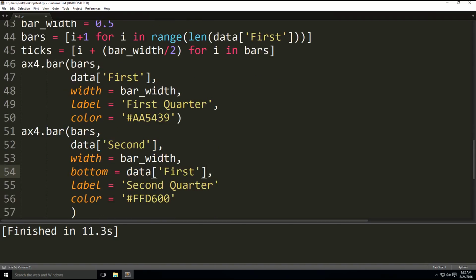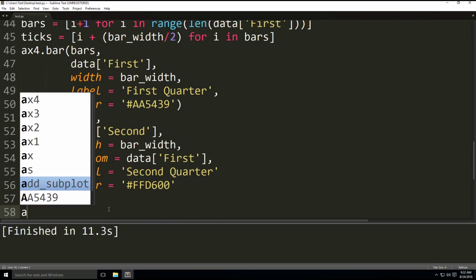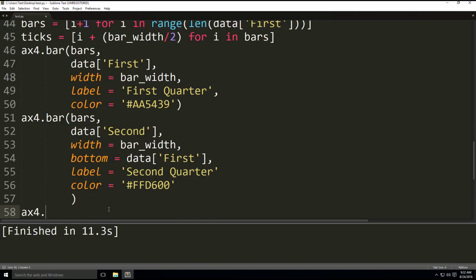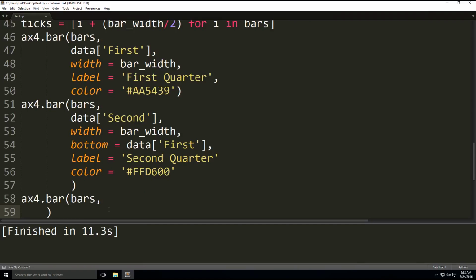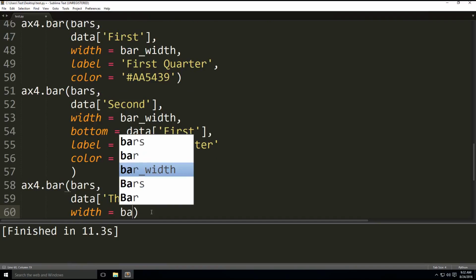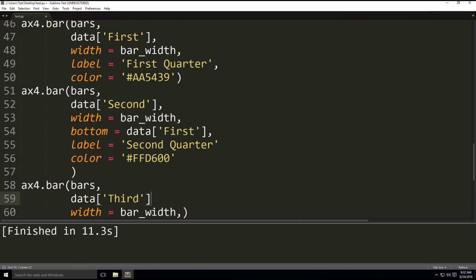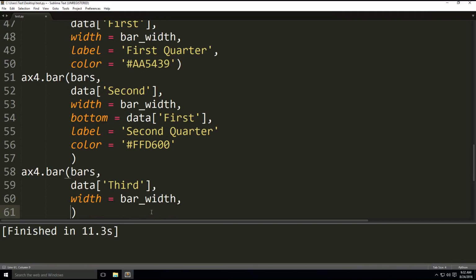All right, let's see. ax4.bar. So data in the third quarter part now. Data in the third, width equals bar width, comma, don't forget your commas here, comma, data in the bar width, bottom